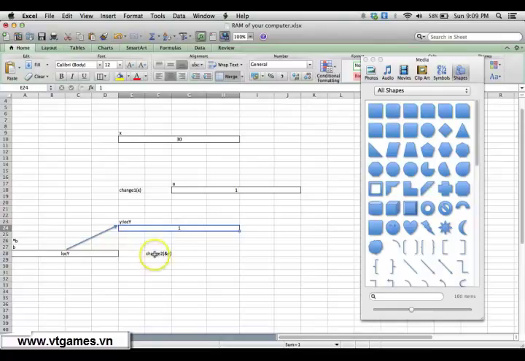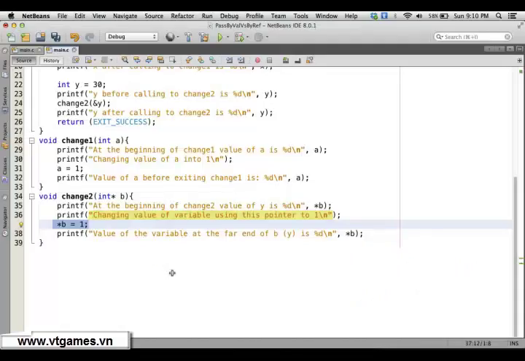So after finishing chain 2, the value of the variable itself is already changed. It's different from the other case, where it's a copy of the variable x. If you change the value of it into 1 in the scope of chain 1, it's not changing the value of x there. But in the scope of chain 2, because you're giving the address of y, when you use that pointer to change the value, it's going to change the original value of y itself. So this is a difference between